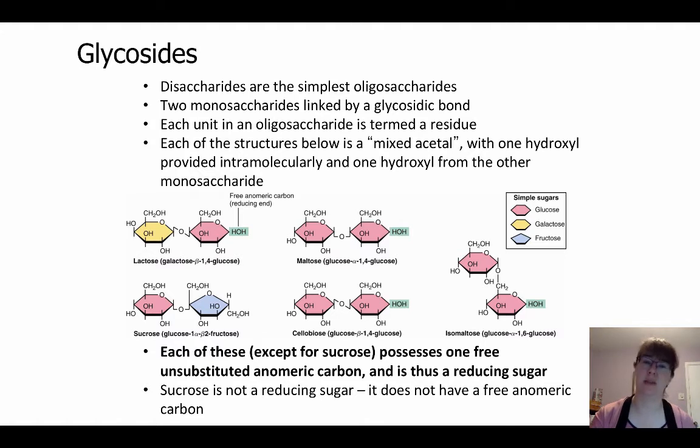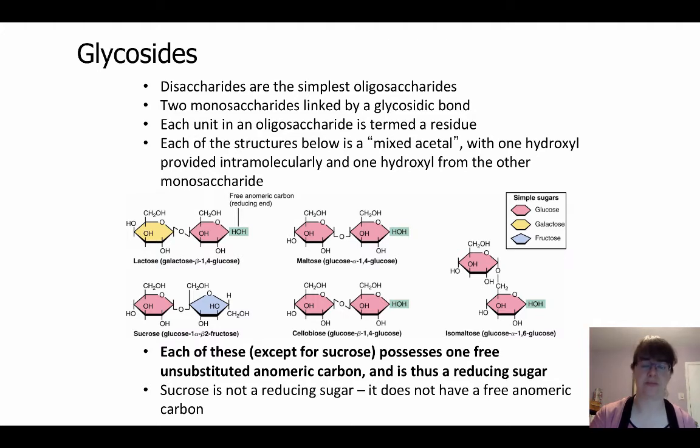So whenever we talk about this, it's putting them together. A disaccharide is going to be two monosaccharides linked by a glycosidic bond. So again, you're noticing some of that terminology and some of those prefixes coming back. We're going to call each unit in that oligosaccharide a residue. Just like when we were talking about peptide chains and proteins, we could refer to every amino acid as a residue. Now that we have chains of sugars, chains of carbohydrates, we can still refer to each individual one